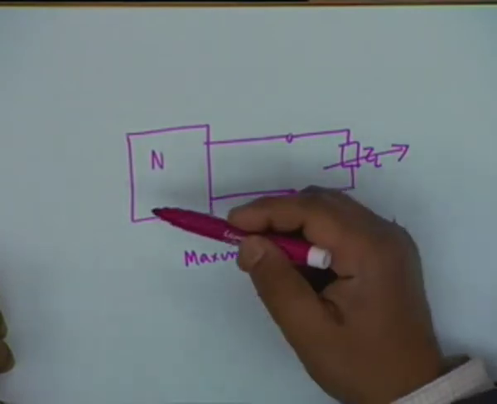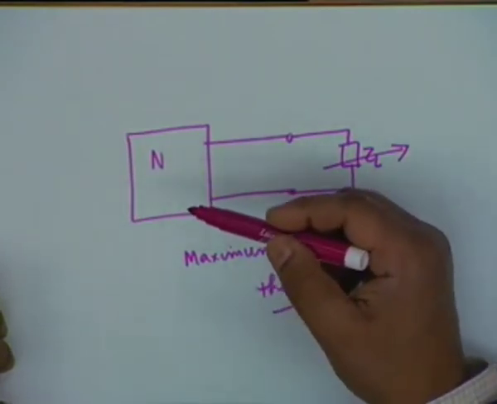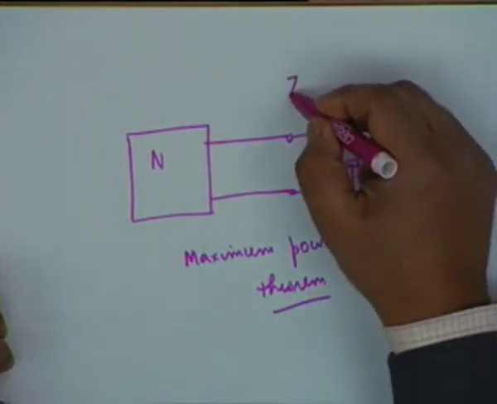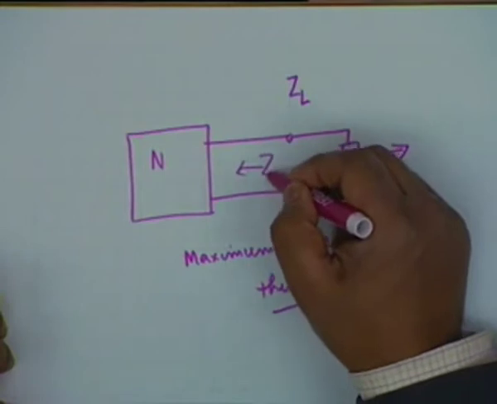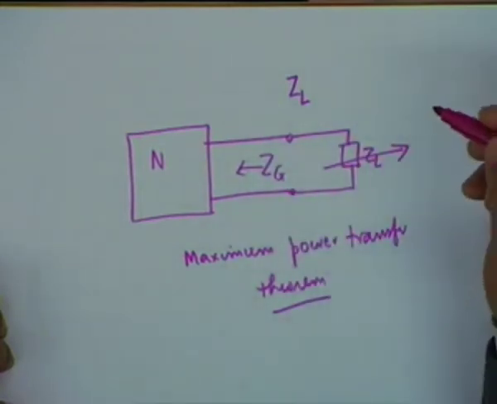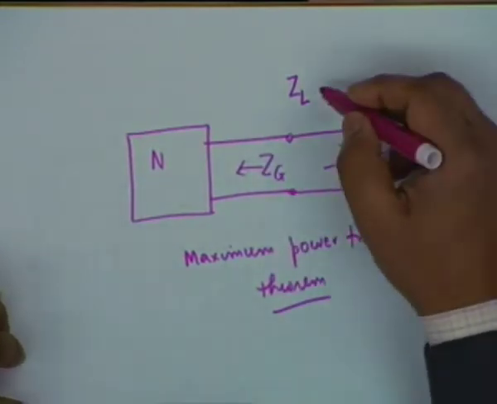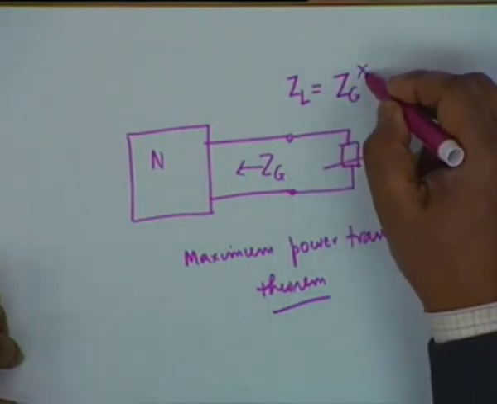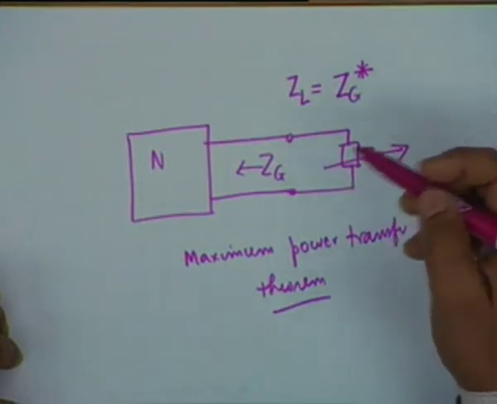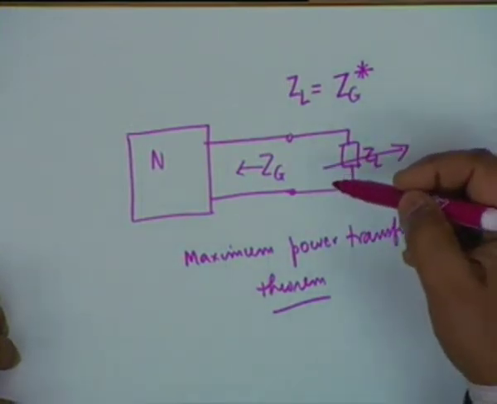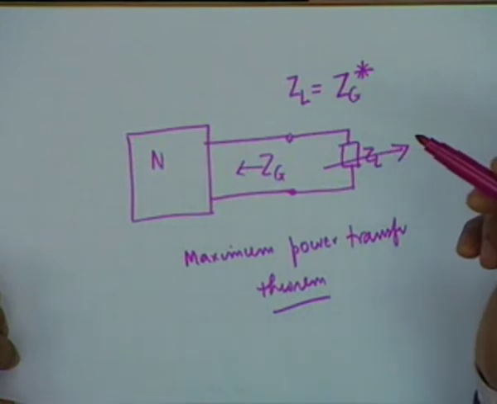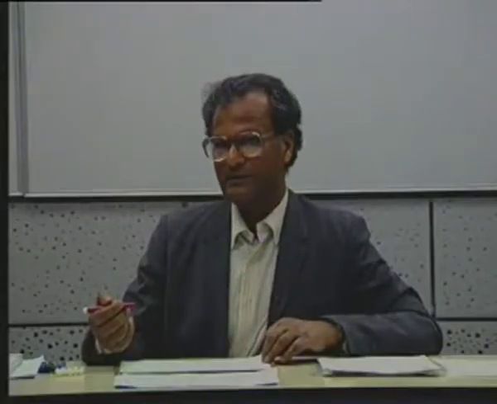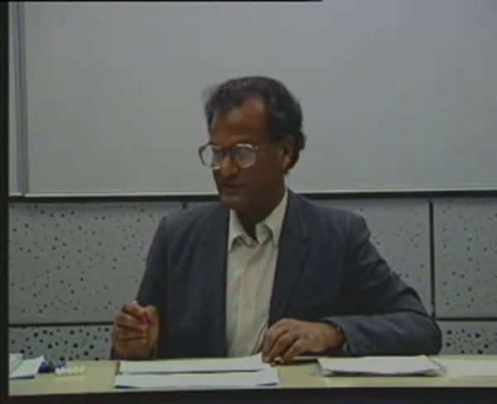If capital N contains resistances as well as reactances, then the condition is that the load ZL should be the complex conjugate of the generator impedance, the complex conjugate of the equivalent Thevenin impedance Zg, and this is what we are going to prove in a few lines. We will take a shortcut to the proof, and these are some tricks of the trade.